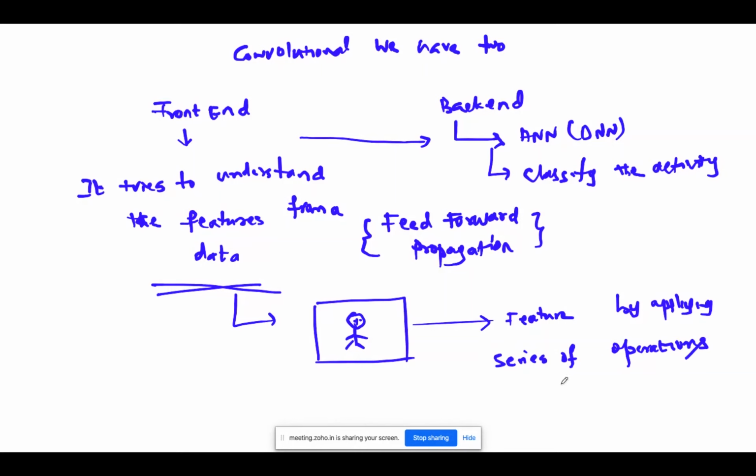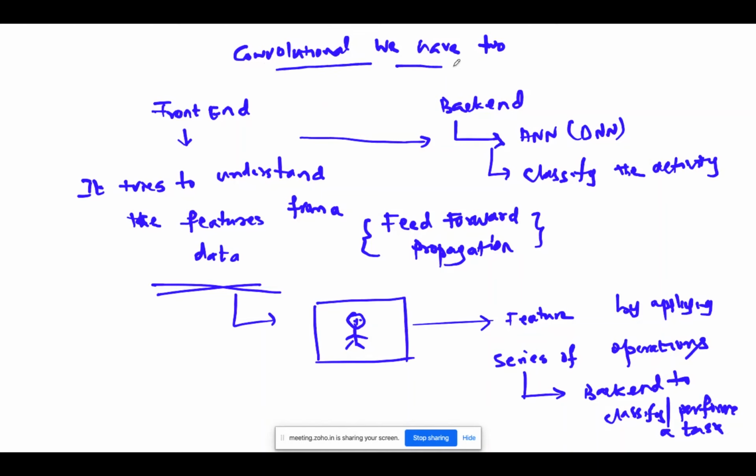Then it is given to the back end to classify or perform a task. These are the major steps we have in the convolutional process, whereas the front end, and we will have the back end also.